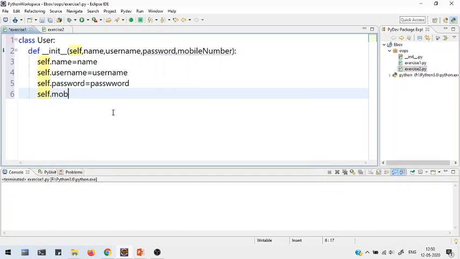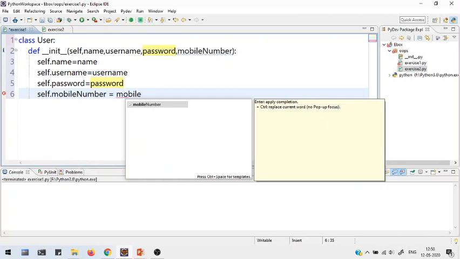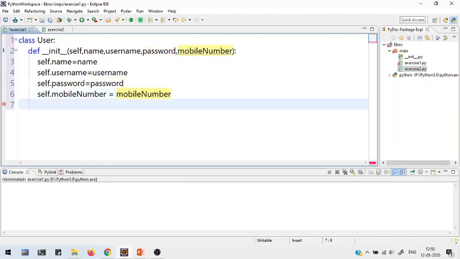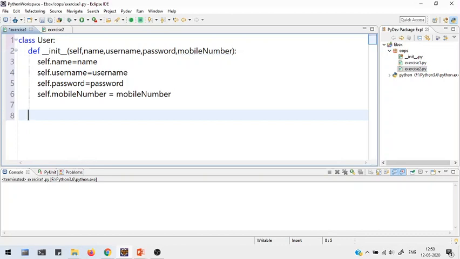Self dot mobile number is equal to mobile number. While coding you have to make sure that you follow the naming conventions given in the question. If each and every word is mentioned with a specific case, that should be followed in your solution. I believe that I have followed the correct coding convention. Now we have initialized the attributes of the user class.